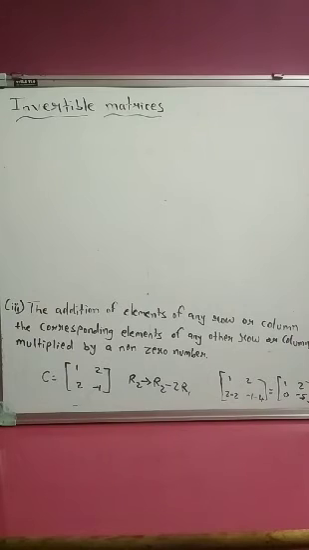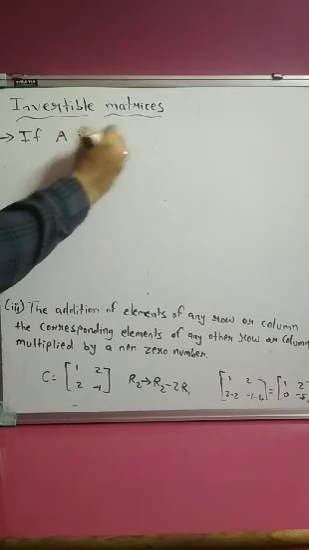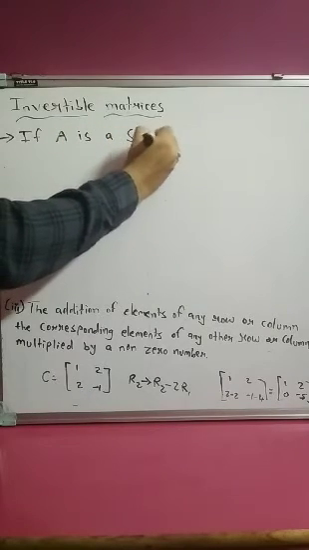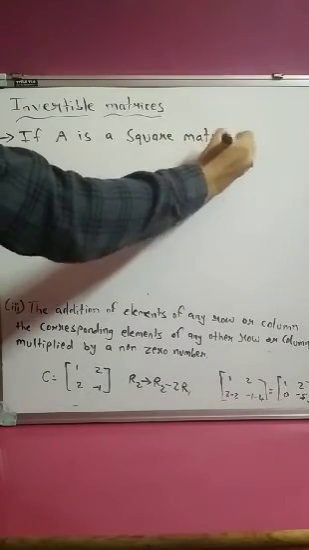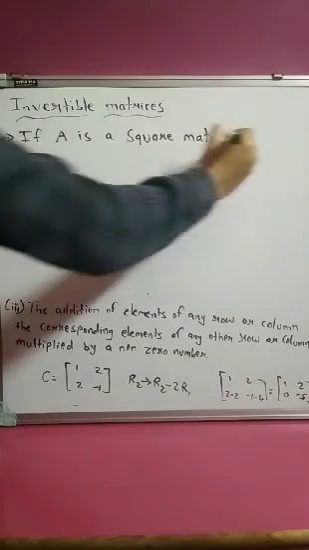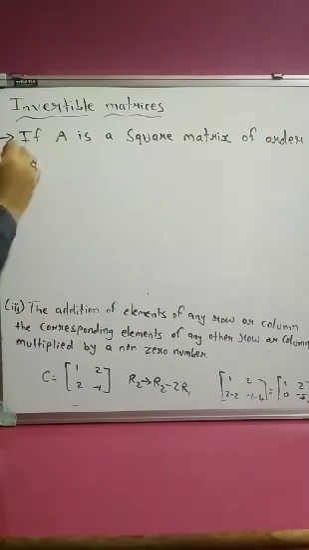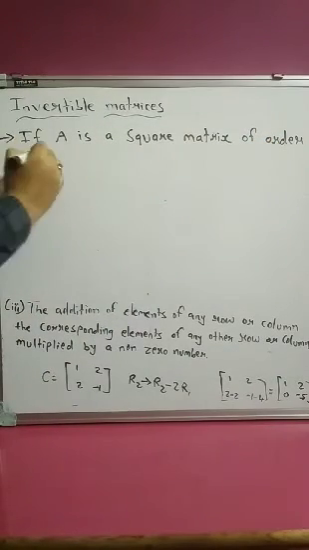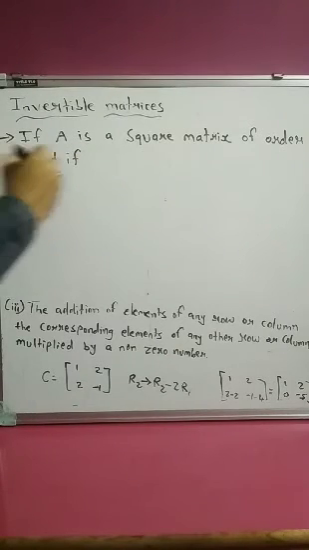Now when can we say a matrix is invertible? First of all, if A is a square matrix of order m, and if another square matrix